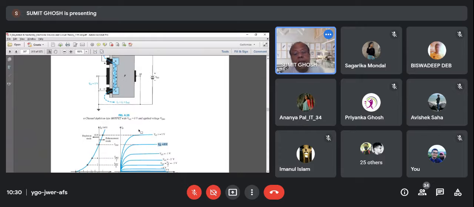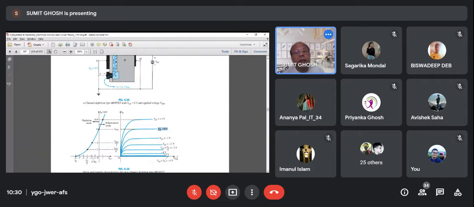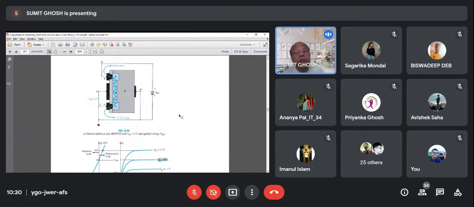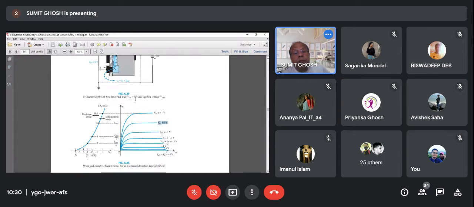Drain current versus the drain source voltage. Drain source voltage, as I said, is a device voltage between the drain and the source, and this is the external battery voltage. So this is the output current versus output voltage. Here you see there is a major difference between this one and the BJT. Here the different curves are not for different currents because it is a voltage control device. BJT was a current control device, so different values of the input current.